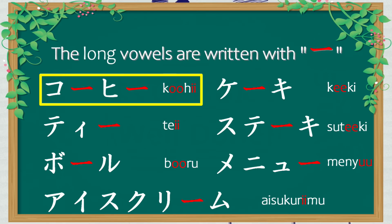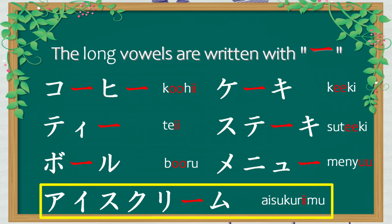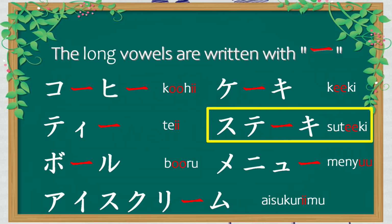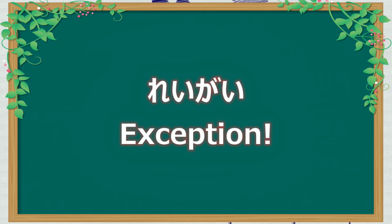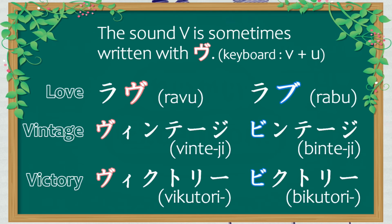コーヒー、ティー、ボール、アイスクリーム、ケーキ、ステーキ、メニュー。If you want to type a small letter on your computer, you can type X in front of the letter. For example, small letter E is X plus I. 例外 exception. The sound V is sometimes written with this letter V plus U. For example, love,